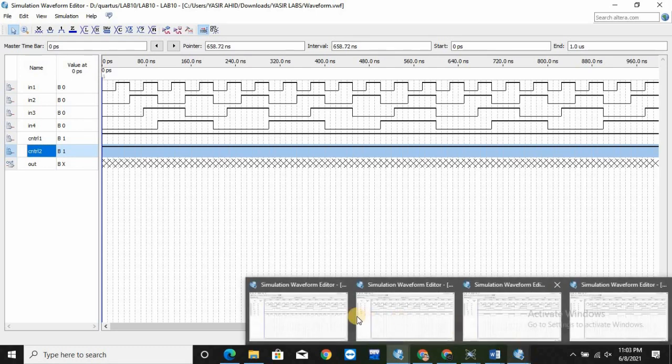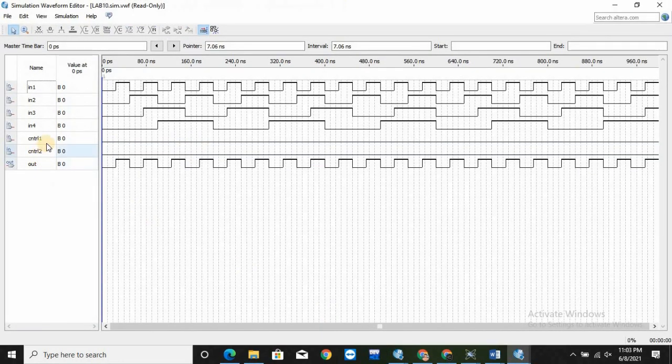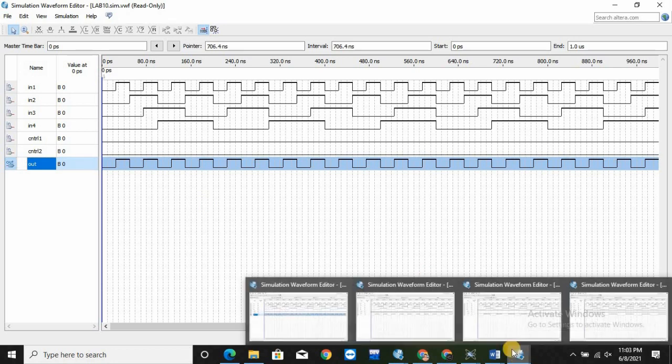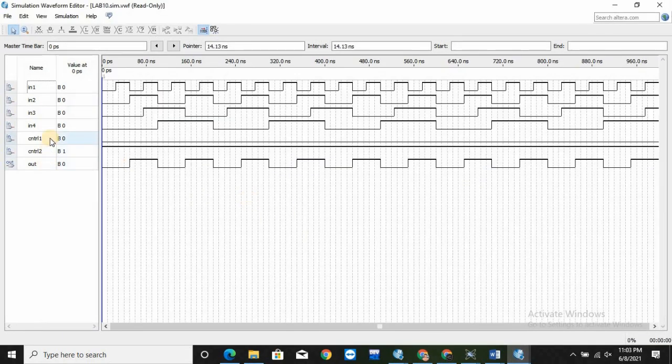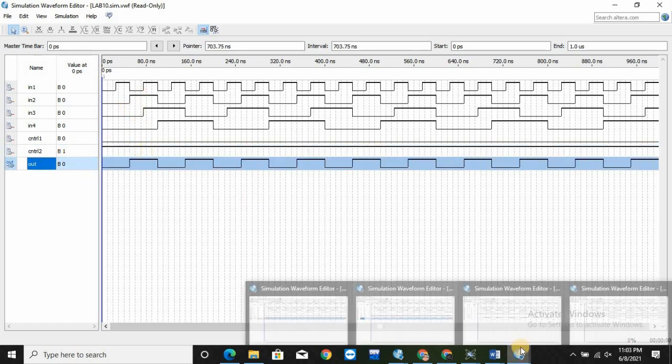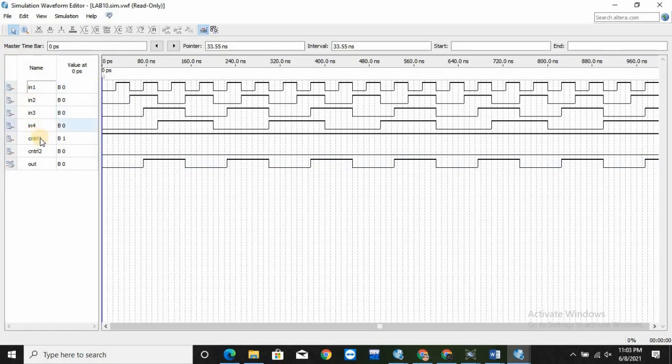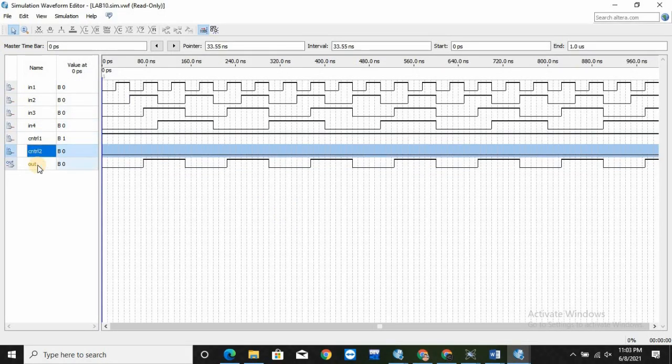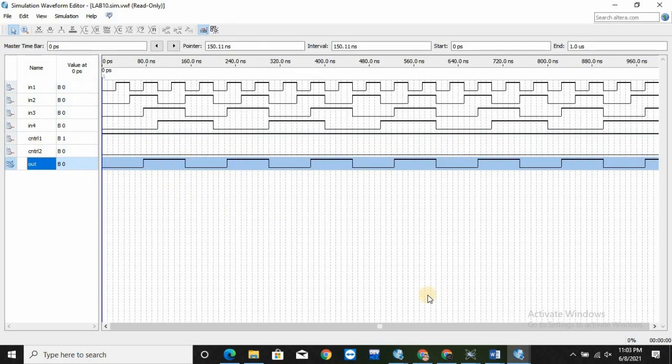Now if we supply 0 0, we'll get our first wave at our output. This first wave and this out matches. Now if we supply 0 1, we'll get second wave at our output. If we supply 1 0, we'll get third wave at our output.